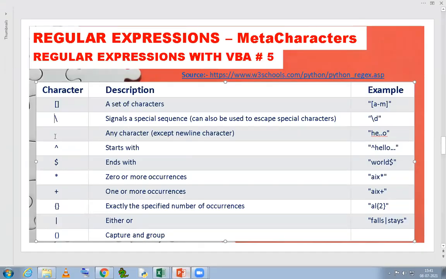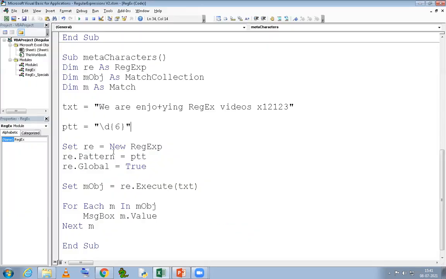Can we finish one more? Okay, let's finish the dot character also. So now let's find dot, only dot. And how many times are we going to find it? 1. What do you think the results will be? The result will be 1, W E space A R E space E N J, and so on, and then the plus sign also, right? This is how it is going to be. So that much long an answer it is going to be.